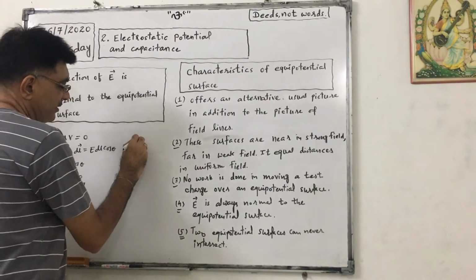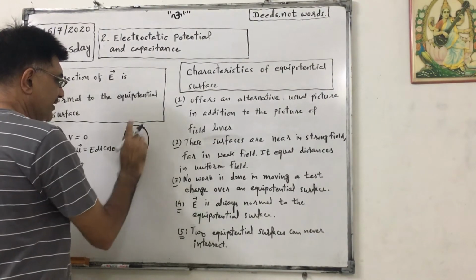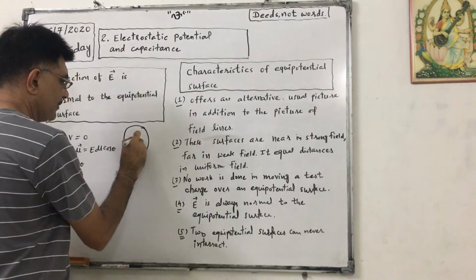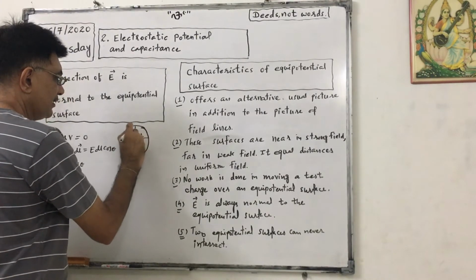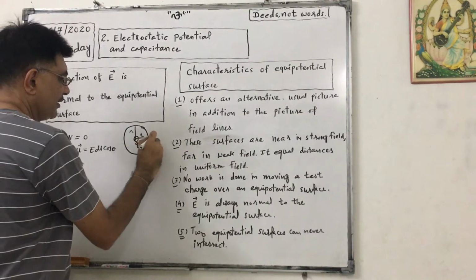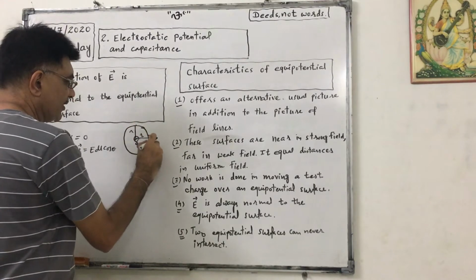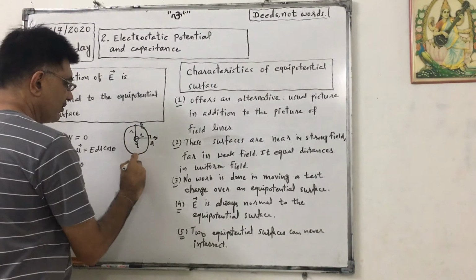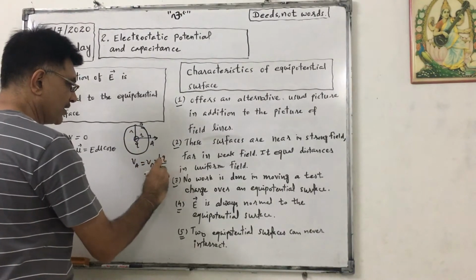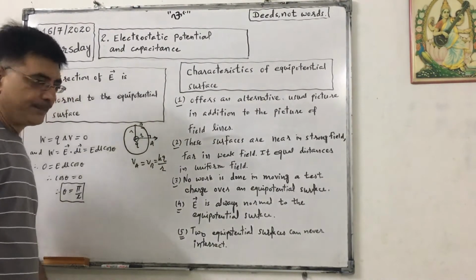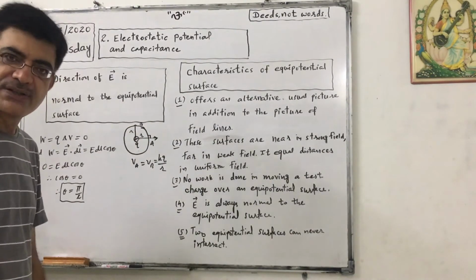Then if we consider this as center and take radius of small r, all the points at distance small r are lying on this circle. Okay? And electric field is also in this direction. We know that at all the points, suppose A, B, VA equals VB equals whatever points we consider, it will be KQ by r. So they all are called having equal potential. So this surface is called equipotential surface.